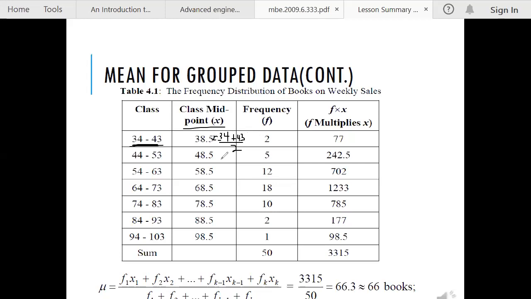You do the same for the next one: 44 plus 53 divided by 2 gives 48.5. Then 54 plus 63 divided by 2 will give you 58.5. Good. Now, after you've obtained your class midpoint, which is your x, like I explained earlier,